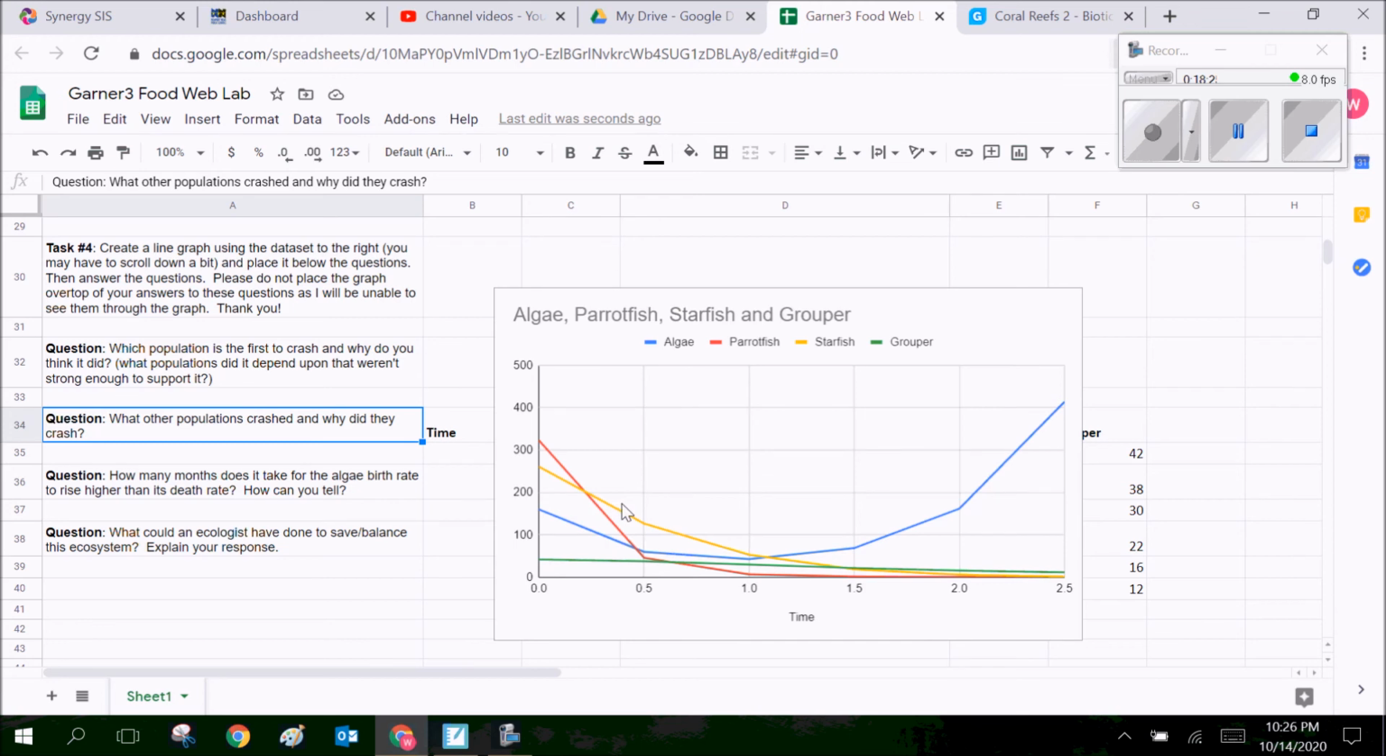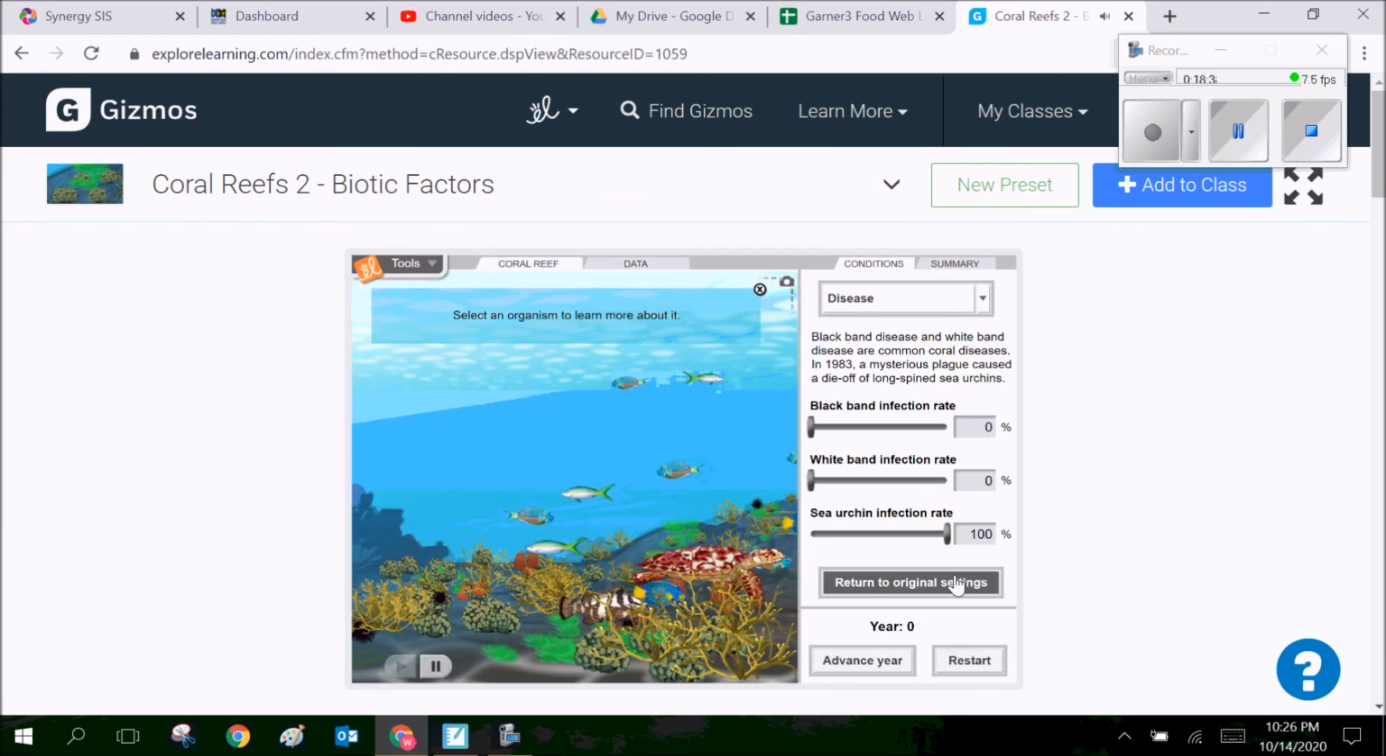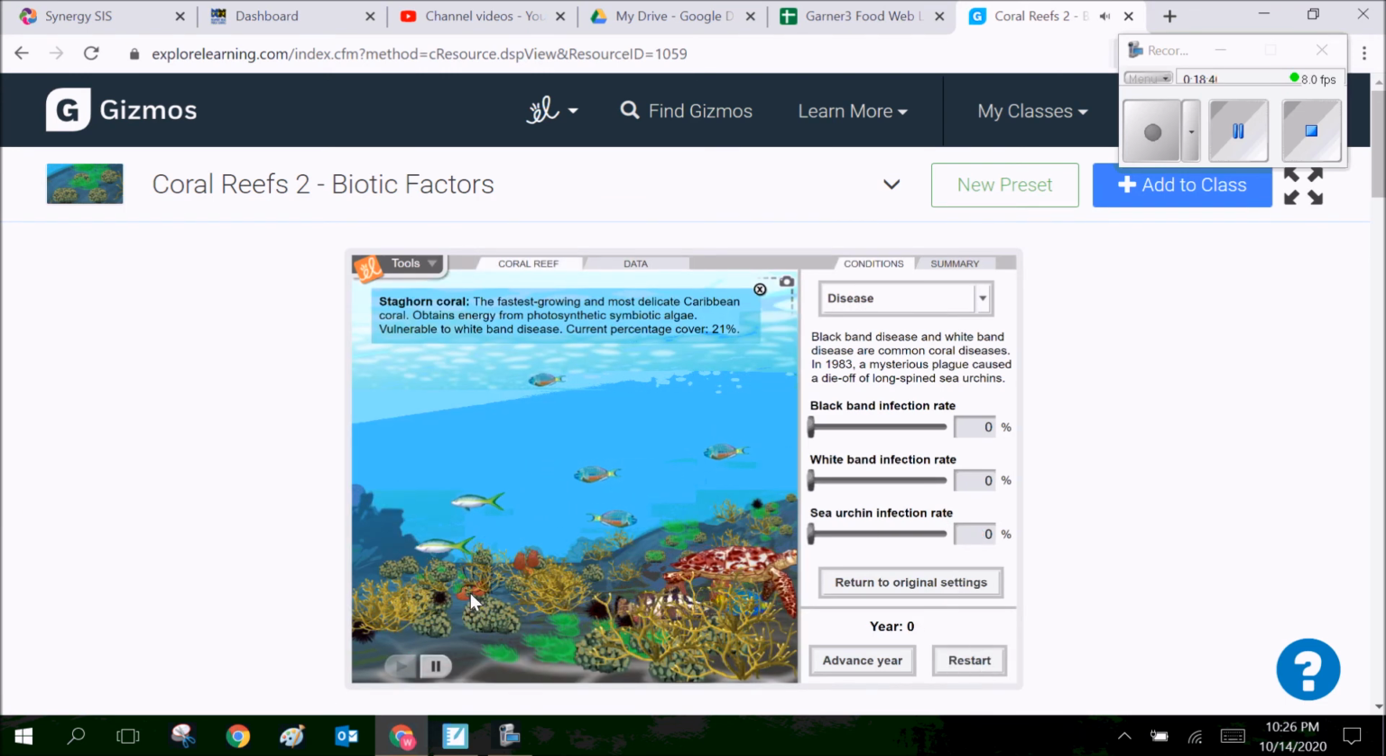We can see that after the parrotfish crashes, we see the grouper crash. That's probably a pretty easy thing to figure out. And then the starfish is crashing as well. We could go back into the coral reefs and figure out what exactly is going on here with the starfish. I'm going to restart and get everything to original settings and see if I can find the starfish,